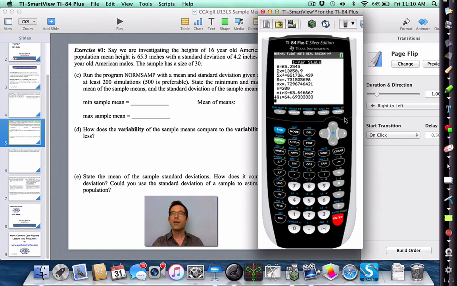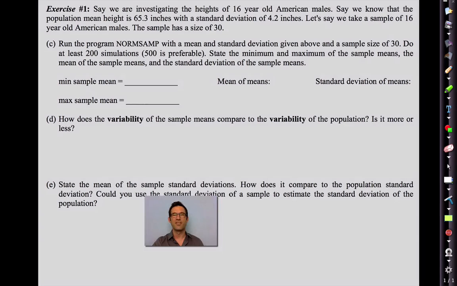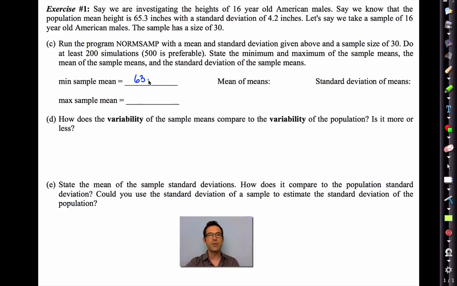All right. Now that's enough. We can actually go back into our keynote presentation, I think. There we go. And now let's write some of this stuff down. All right. So the minimum sample mean was 63.6. Now when you do the simulation yourself, you're very likely to get different numbers. That's the randomness of a simulation. The mean of the means was 65.25, and the standard deviation was